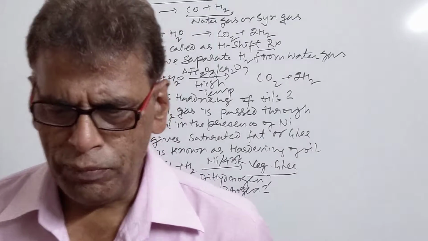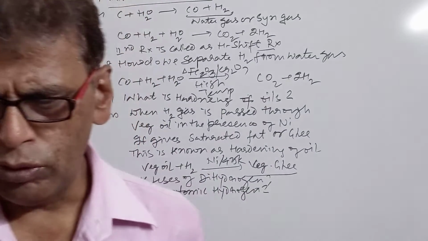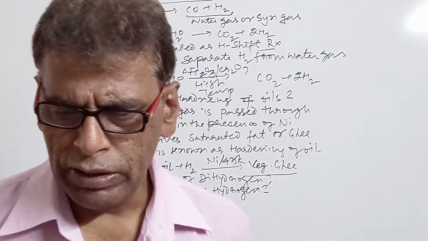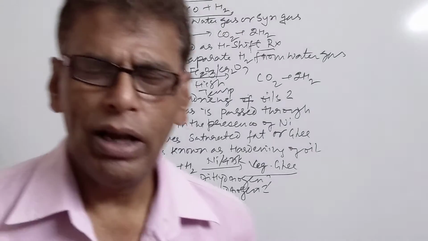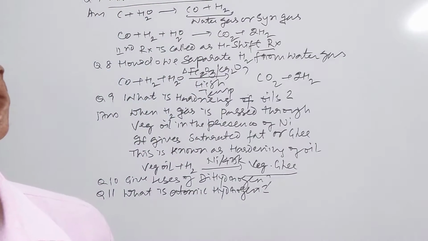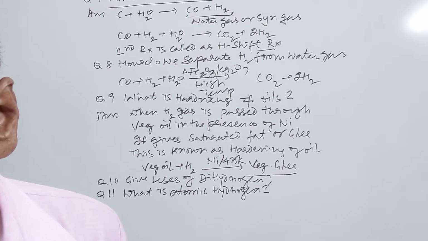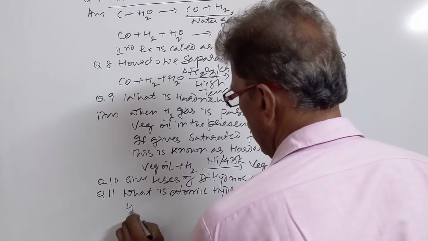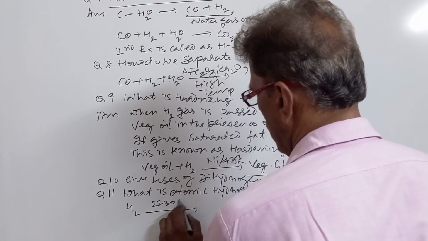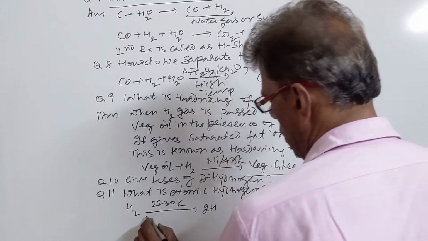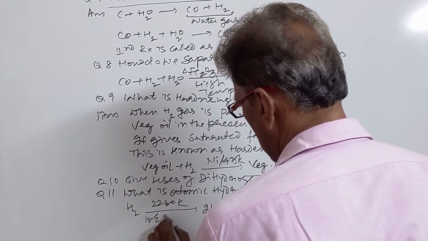What is atomic hydrogen? It is prepared by passing hydrogen gas through an electric arc. When an electric arc is struck between two tungsten metal filaments, the hydrogen molecule breaks up to give atomic hydrogen. The temperature is around 2230 Kelvin. So we have H2 at 2230 Kelvin. It breaks up to give hydrogen in the electric arc